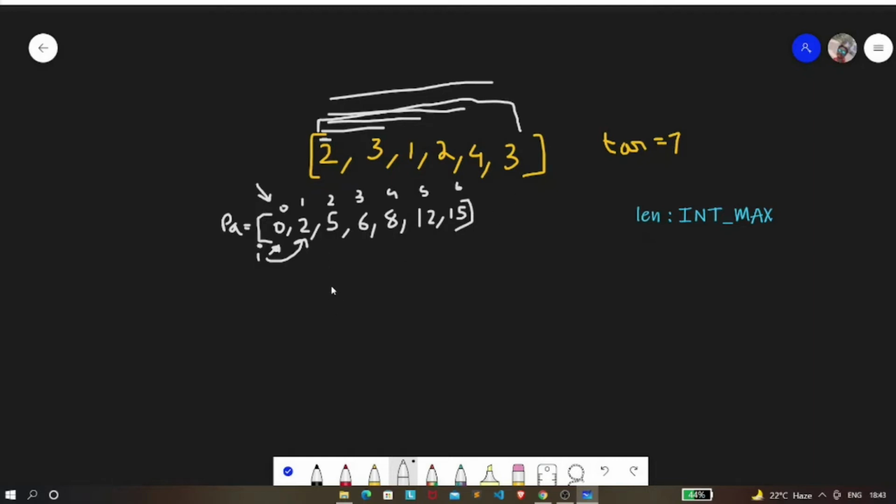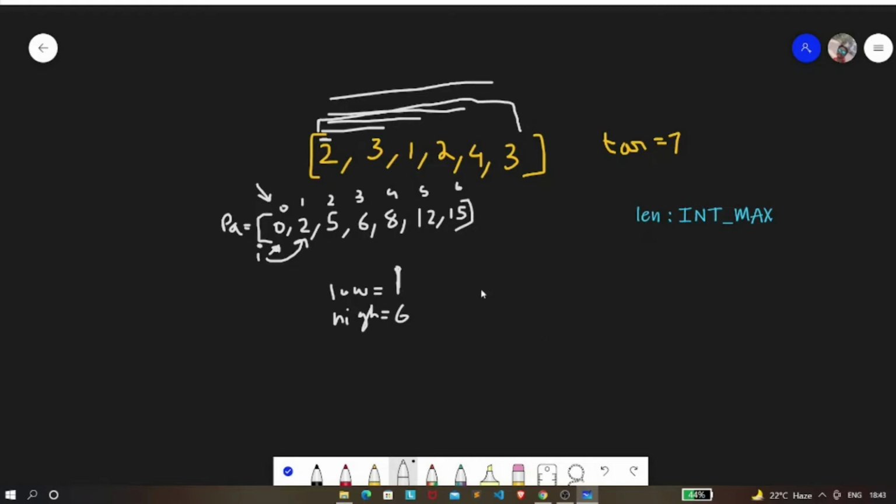Since we are using binary search, it should contain a low. So our low pointer will be pointing to index I, and our high pointer will be the last index, that is 6. So it will be 6, and low will be 1 because I is currently 1.